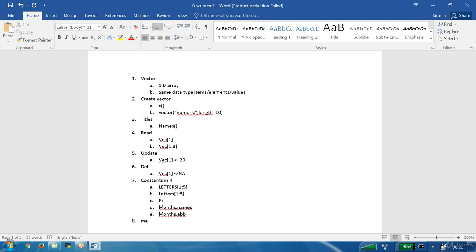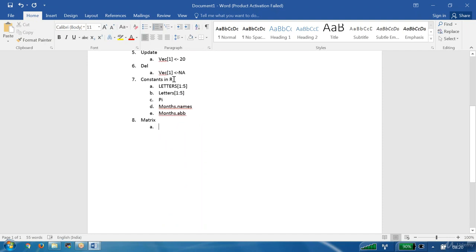Today we need to focus on the next one, the matrix. Let us go and try to see the matrix. Compared to the vector, one difference is that it is a 2D array.